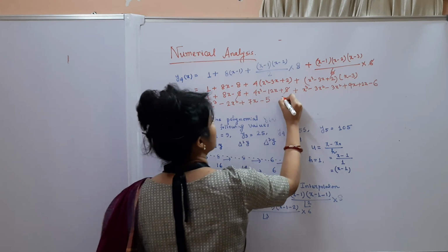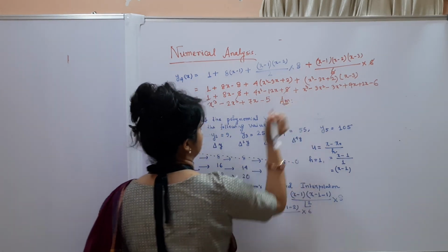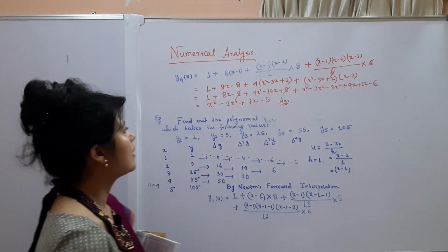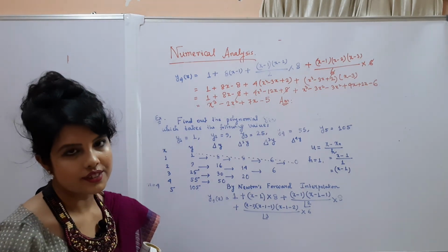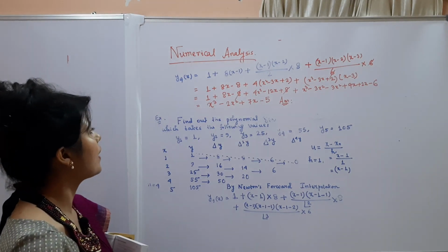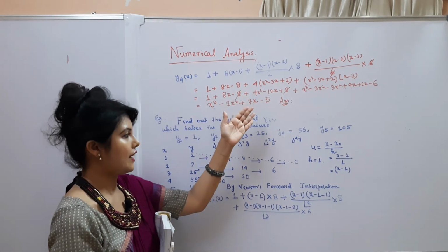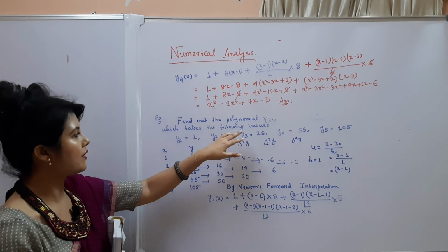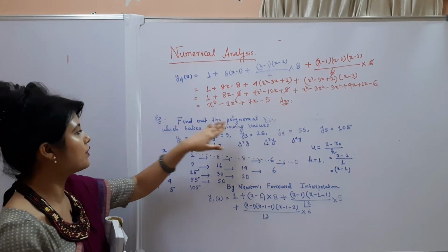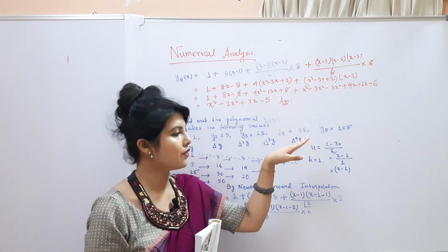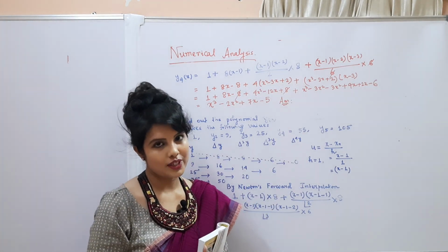So this is the polynomial in x. Okay. So x cube minus 2x square plus 7x minus 5 is the polynomial y4(x), and this is the required answer. So that was the problem, that is you have to find out the polynomial which takes the following values. Okay. Hope you have understood this problem.